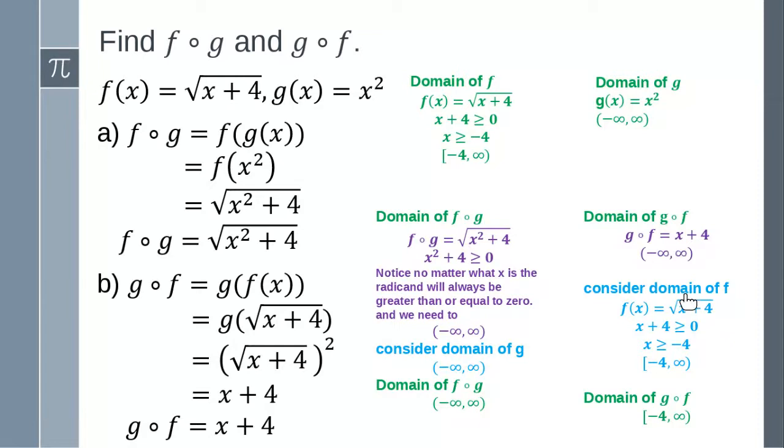Then we're going to look at the domain of f. So why f? The reason it's f is because it's the second function here. Okay. So the domain of f, we said, was from negative 4 to infinity. Okay. So our domain, what is